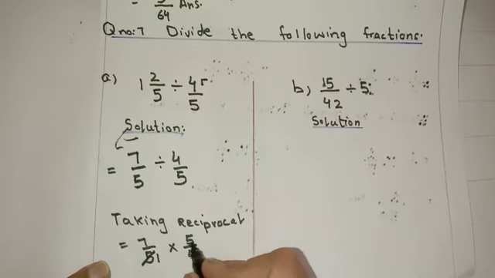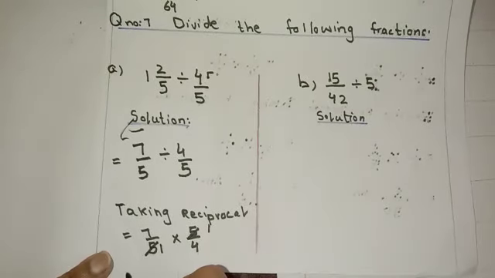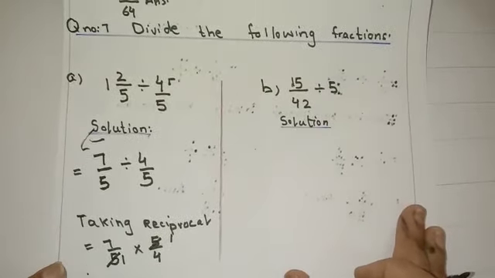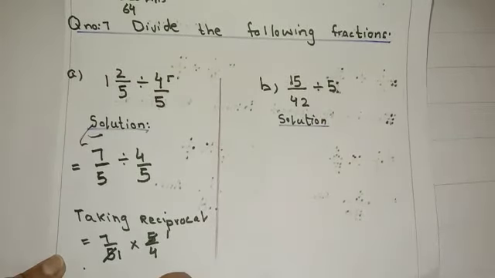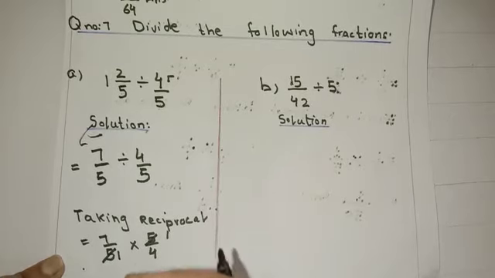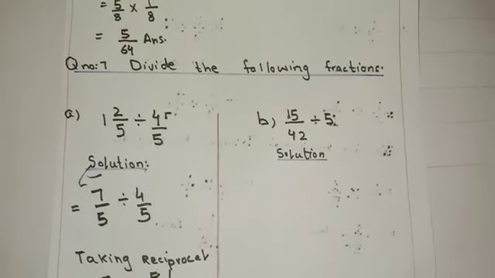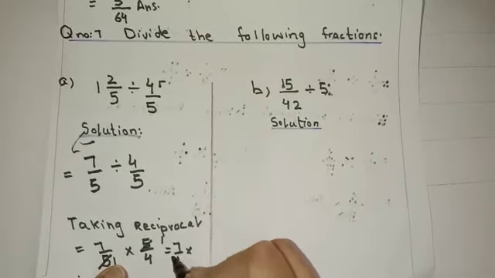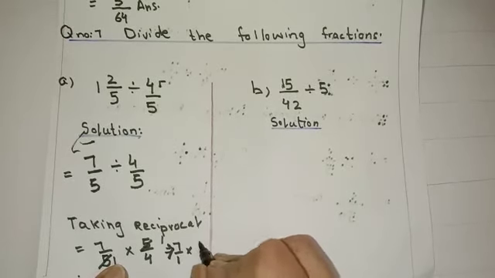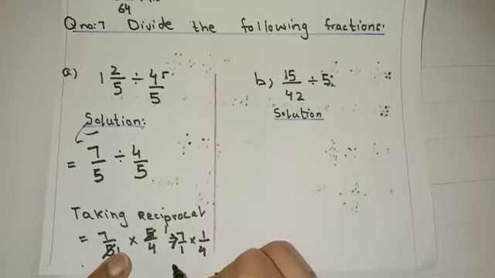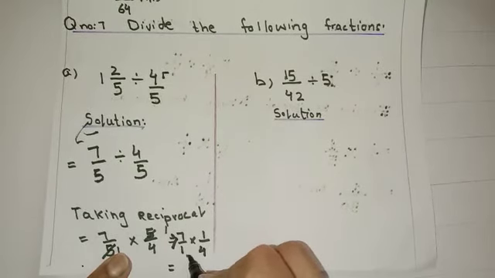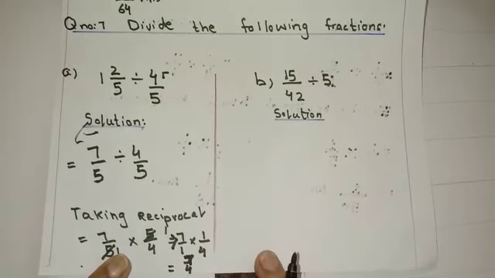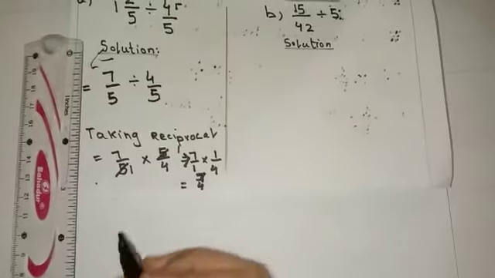So 5 ones are 5, 5 ones are 5. Now 7 over 1 multiply by 1 over 4. So 7 ones are 7, 4 ones are 4. Its denominator is lesser, equals to